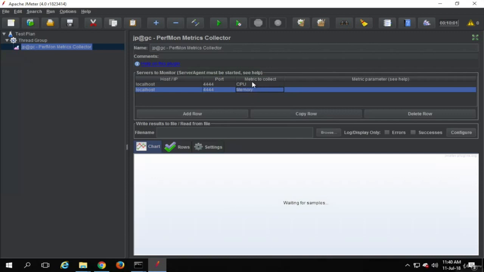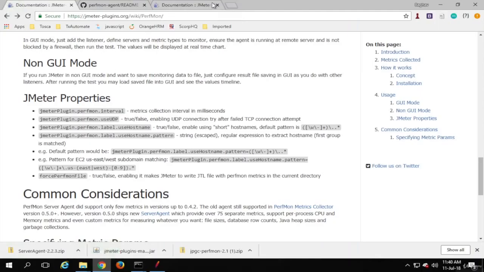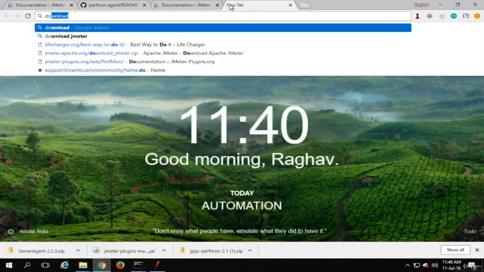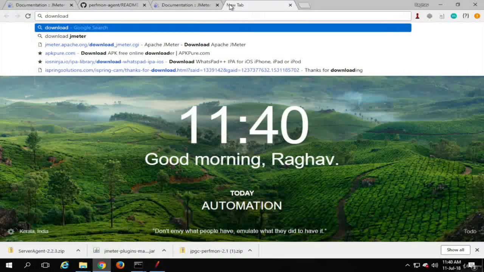So as of now I'm just taking CPU and memory, and because I have started the Perfmon server on the same system, I should have some application running on this system. For that you can start any application. What I will do is I will just download Jenkins and start it here, which is a very quick process.